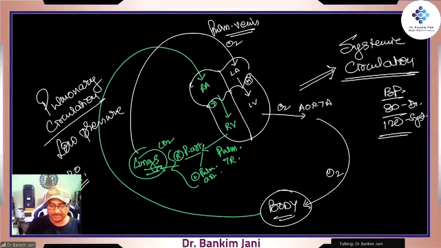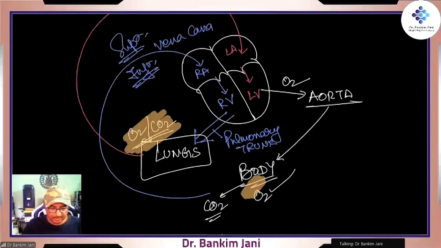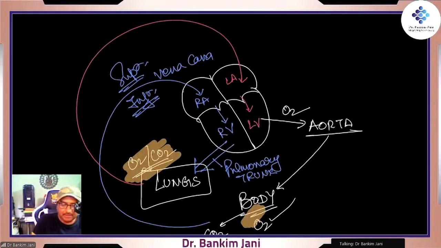Okay, so that's how. So every time today when we'll be talking about the circuits, we'll be making it very clear whether we are talking about systemic circulation or the pulmonary circulation. Right? Here it is, once again, the same thing. These are the vena cava. Right? The blood which is coming from the head and neck will be coming via the superior vena cava, and the blood which will be coming from the abdomen and lower, right? That will be called the inferior vena cava.